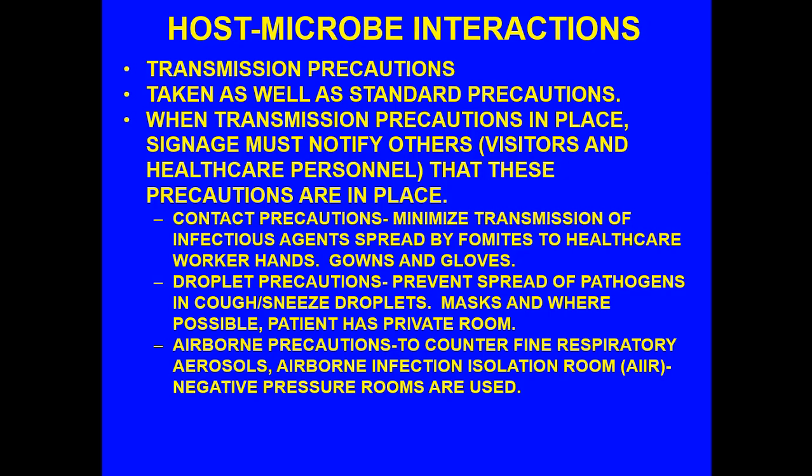And a lot of these seem just sort of like, well, it makes sense. Contact precautions minimize transmission of infectious agents spread by fomites and to healthcare workers' hands. Gloves and gowns. One of the interesting things was a study that came out about a year or two ago where they said that basically, if you know those panels that we push doors open with, those metal ones, if they were made of copper, the interesting thing is pathogens don't last long on them. And so they reduce or minimize the risk of transmission.